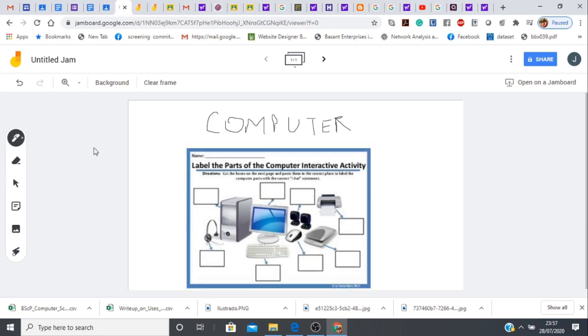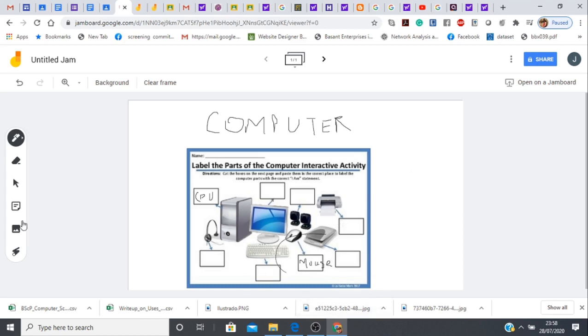And we can use the pen to explain the concept. Like for example, this is CPU. This is mouse, printer, scanner, and so on.